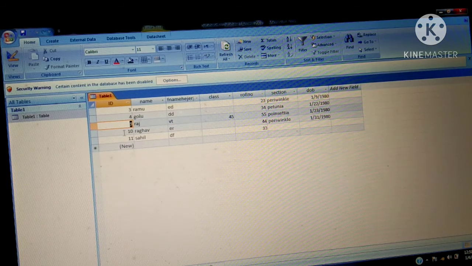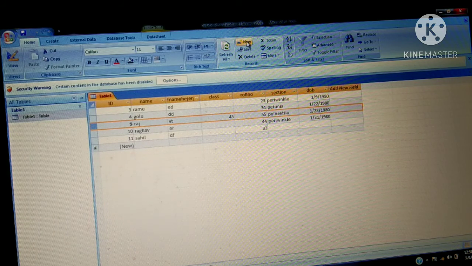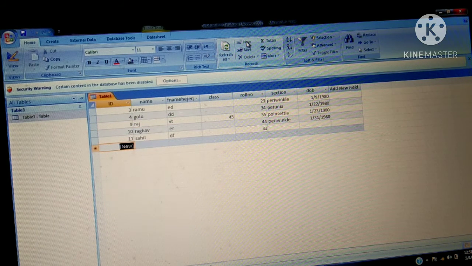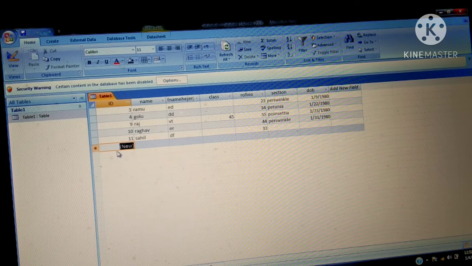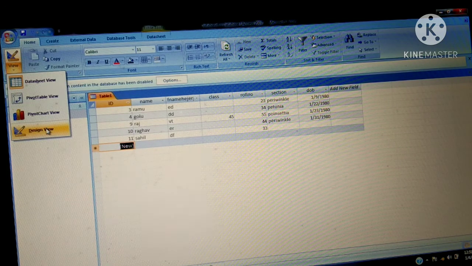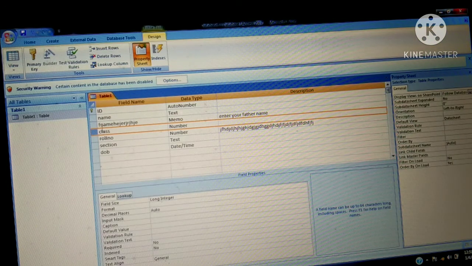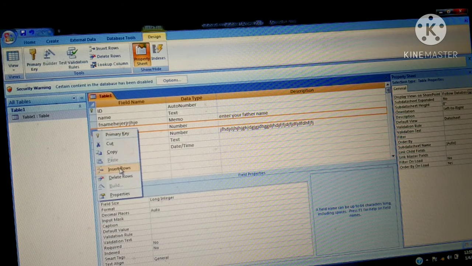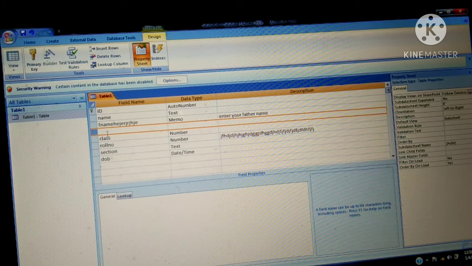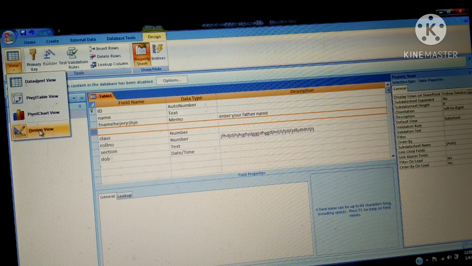I want to insert one new record here. Then click on this New option. A record inserted in the database will always be inserted at the last. Or in table designing, when we are updating the design of the table, if I want to insert one field name between these two, then right click on this field and choose Insert Rows. When I click Insert Rows, one row will be inserted in between. But when you are entering a record in between, what you have to do,